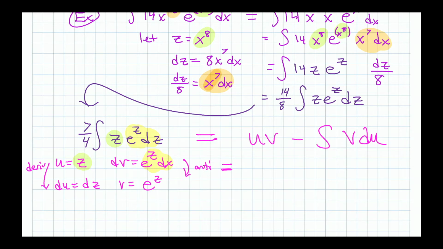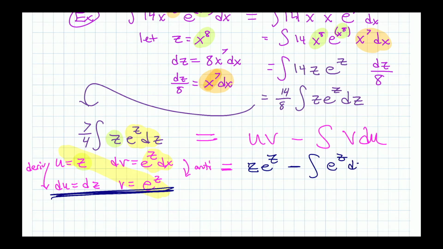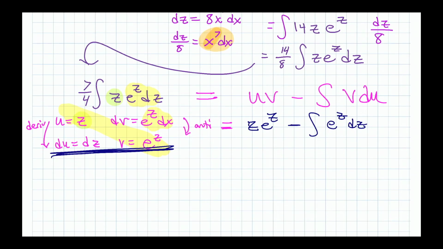So uv, that's going to be these two on the diagonal here. So uv is z e to the z minus integral v du. V and du are these two. So multiply them together, you just have e to the z dz, which now you can